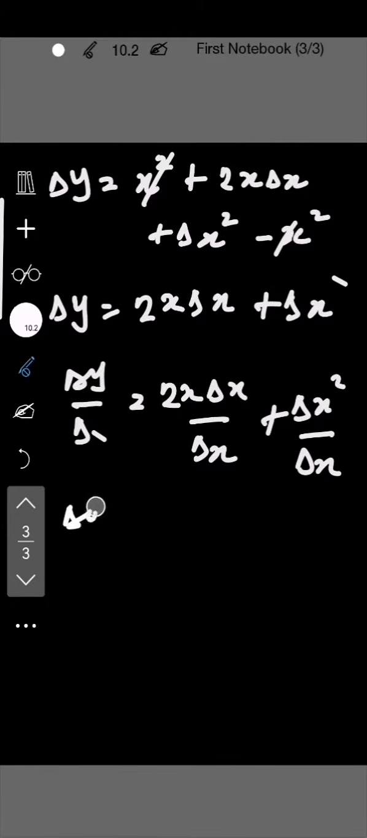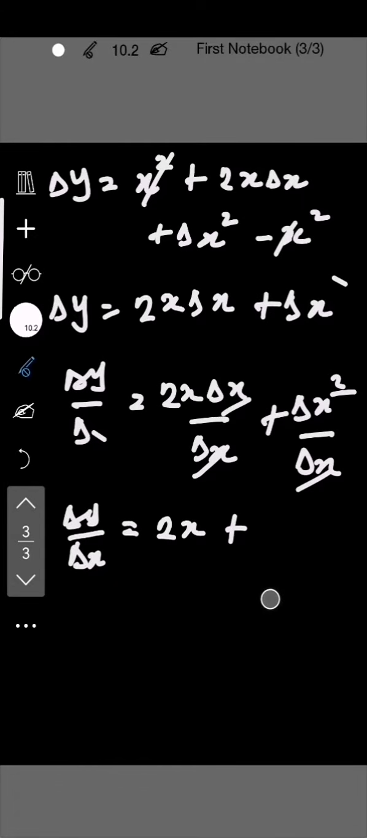So change in y all over change in x becomes, now from 2x change in x divides change in x cancels change in x. I am left with 2x plus over here change in x cancels one of this change in x. I am simply left with what? Change in x. Now it is important for you to know that the limit as change in x